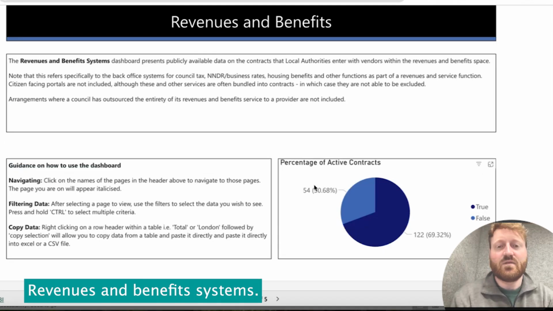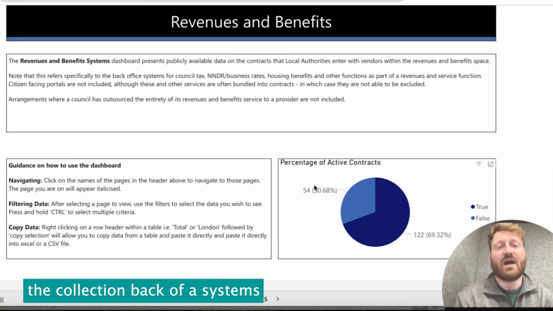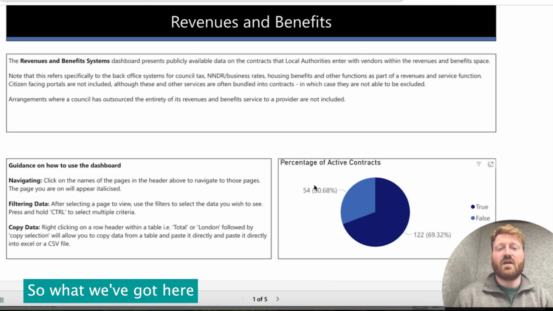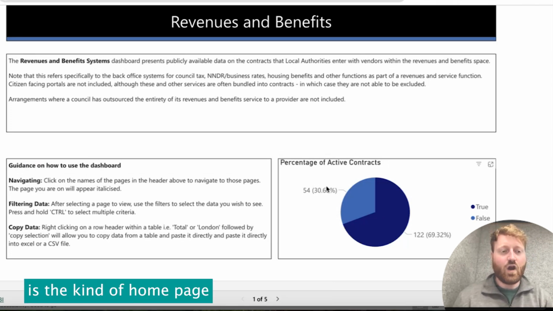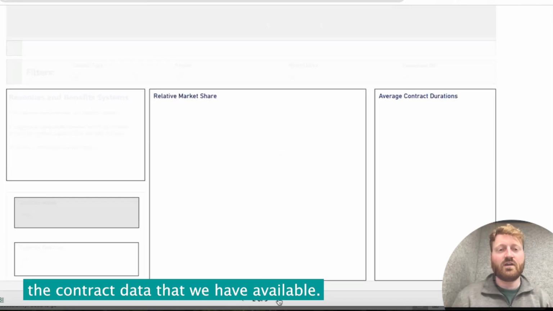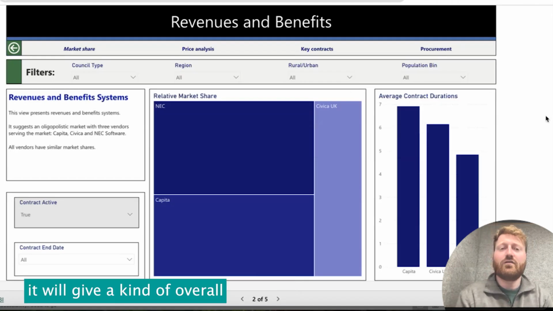Revenues and benefits systems, which, as we've said here, specifically relate to the back office systems for collections of council tax, as well as provision of local benefits. So what we've got here is the home page that talks you through what the systems does and the contract data that we have available. If you click through to the first page of most of these, it will give a kind of overall view